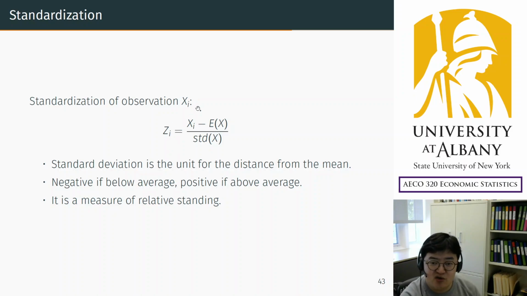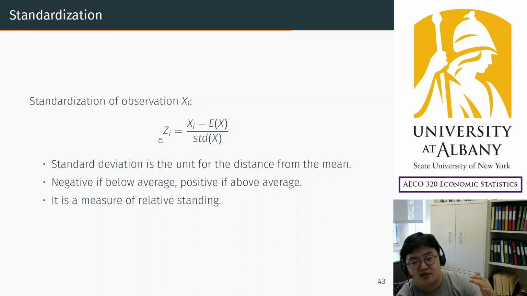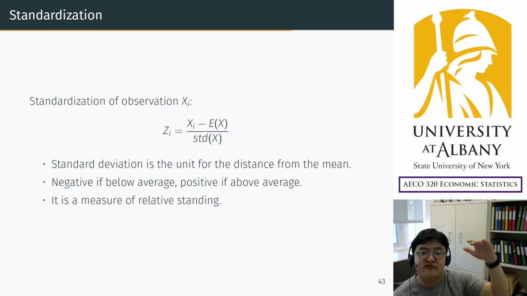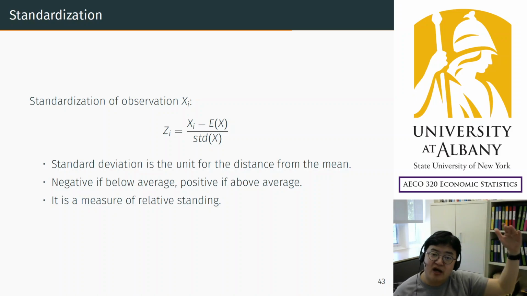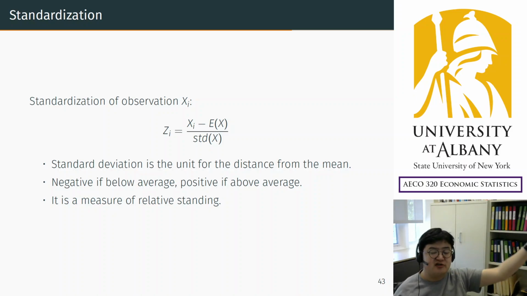So you may interpret this as a measure of relative standing, relative location, right? If it's negative, that means your observation is below average. If positive, above average. And if z was 2, for example, that means it is above average by 2 standard deviations, which is quite a lot, right? So 1 standard deviation above is not much, but more than 2 standard deviations is statistically kind of significant, a rule